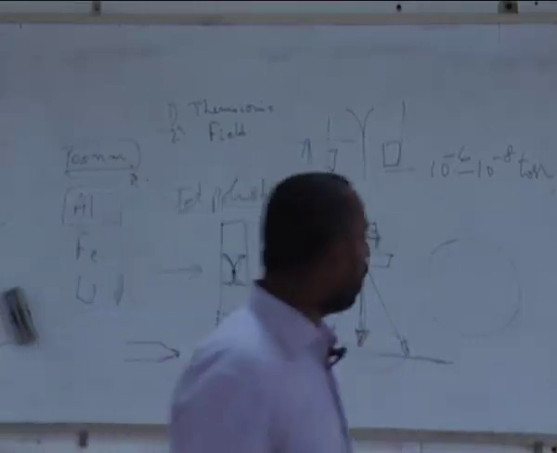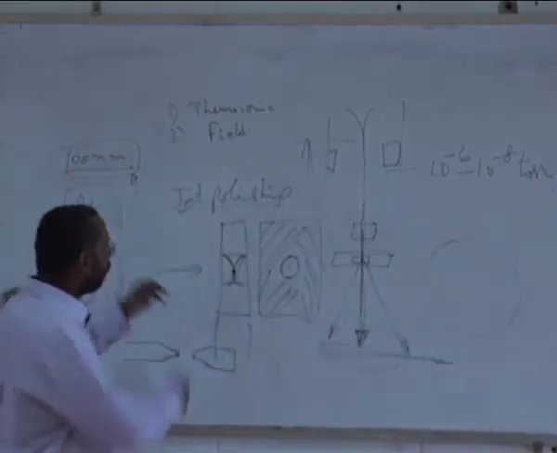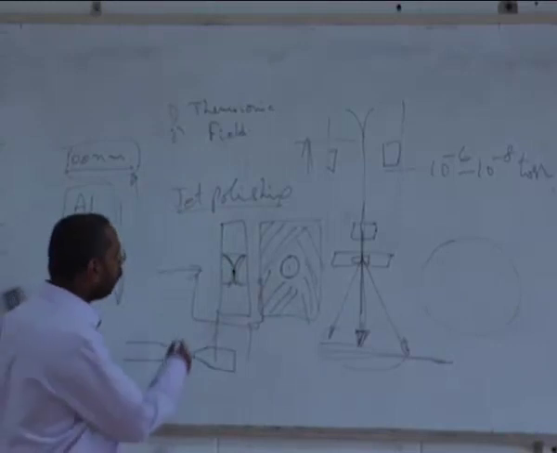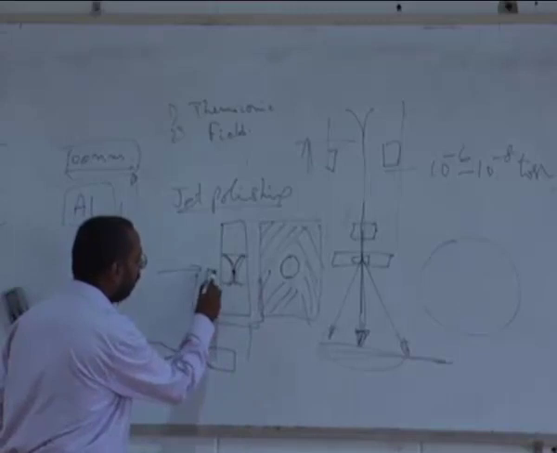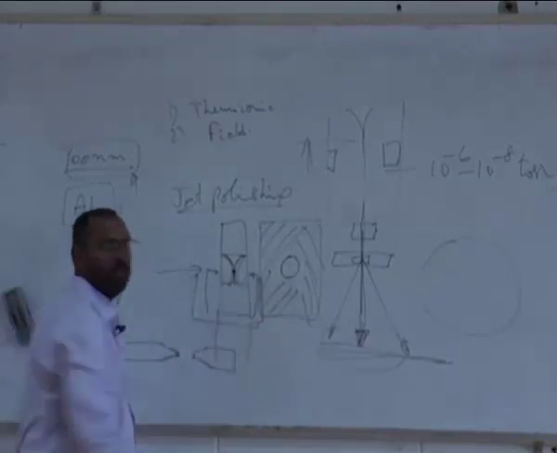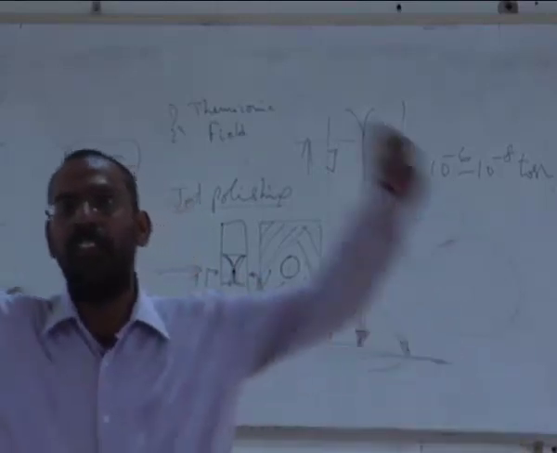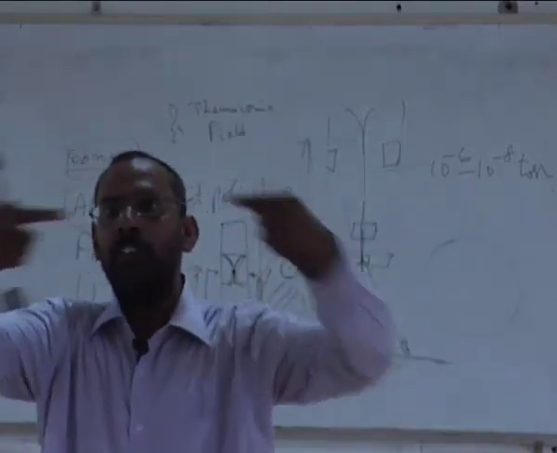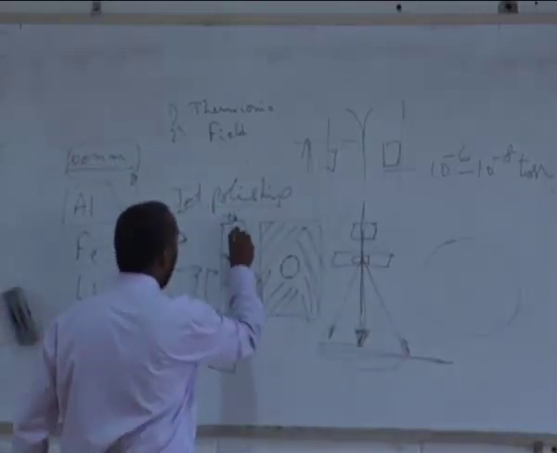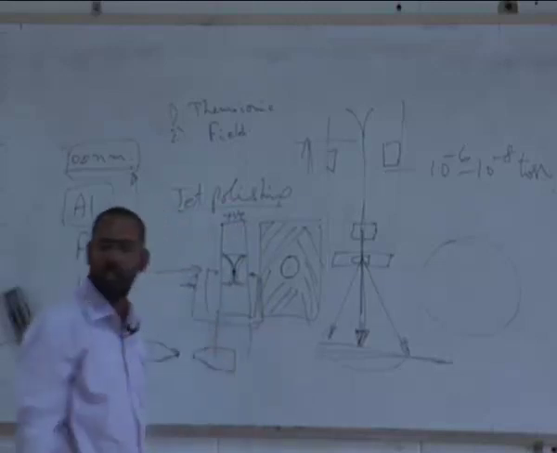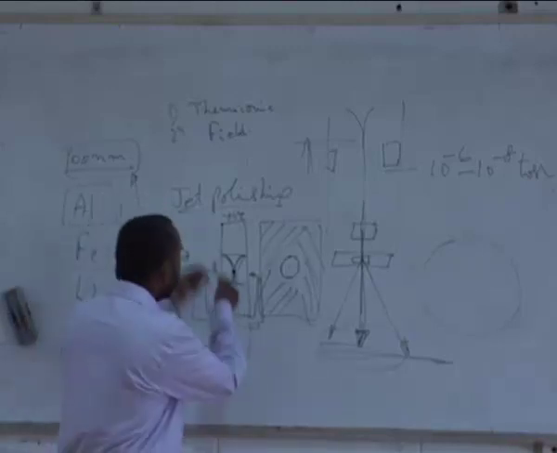That's why the new techniques that are available are what are called jet polishing techniques, where I put this into a container and allow the electrolyte to fall on the sample like a jet, using a motor, like a water pump. You can use a pump which pumps this liquid in the form of a jet from both sides. That's why we call it a twin jet polisher, where I make my sample the positive anode and I make this container the cathode. The anode dissolves, right? All of you know this. So once I do this, it starts dissolving.